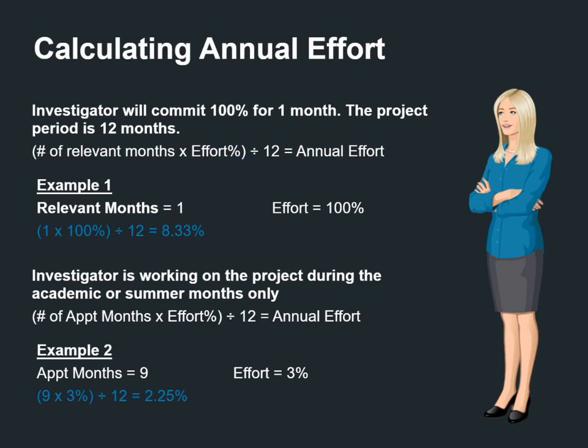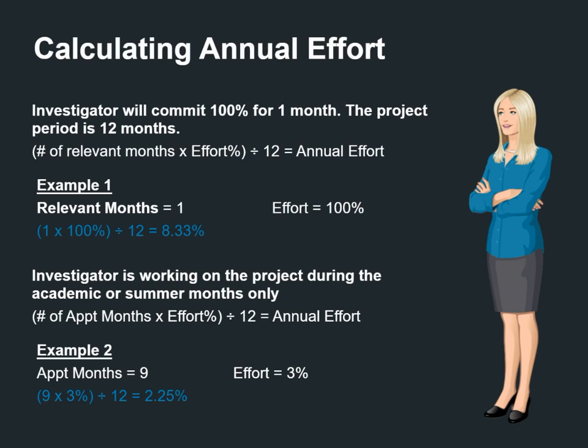In the second example, an investigator is working on the project during the academic months only and will commit 3% effort. They have a 9-month appointment, so we will multiply 9 by 3% and then divide by 12 to get